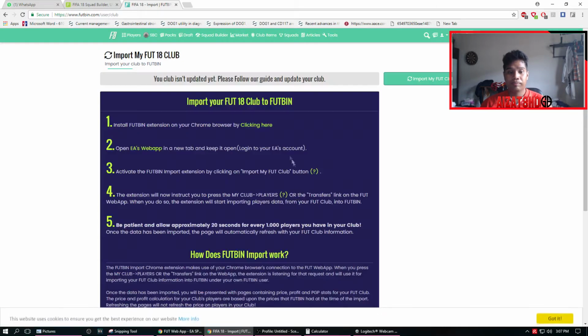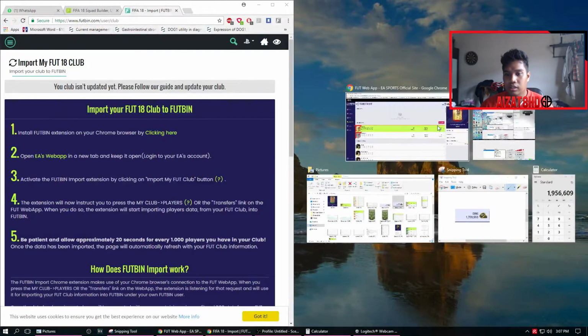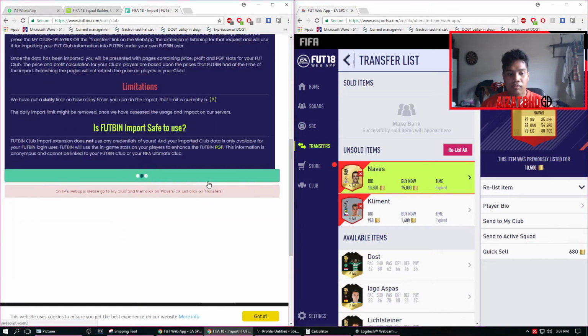The import function, if you baca semua ni, install the Futbin extension, I dah install dah. So open EA web app. So let me separate this. Oops, you guys can see my face. So web app I dah buka dah. So we're gonna do the import function dia. From what they say on the EA web app, please go to my club and click on the players, or just go transfer. So we're going to go club,